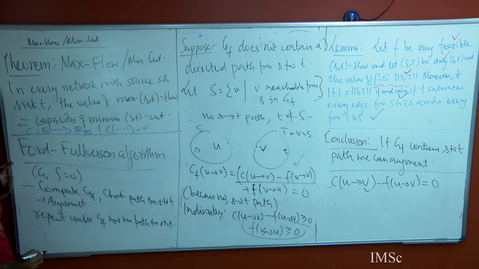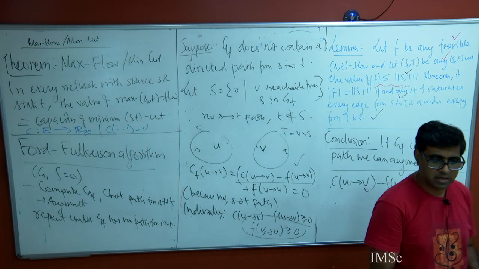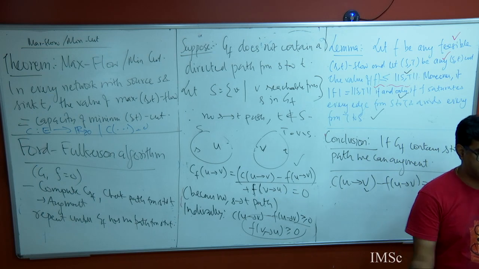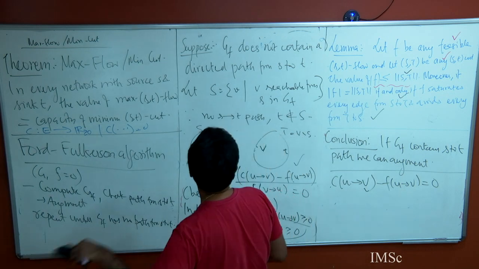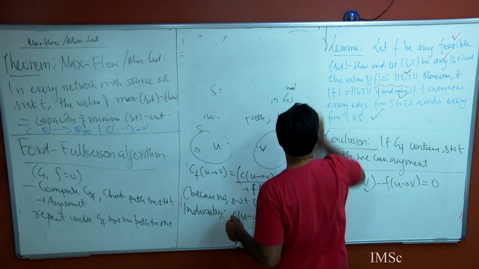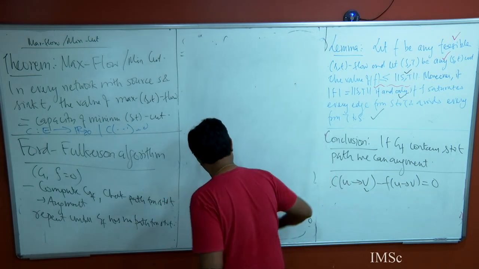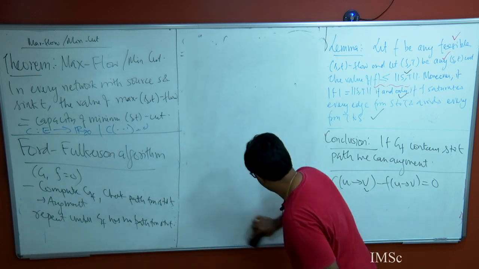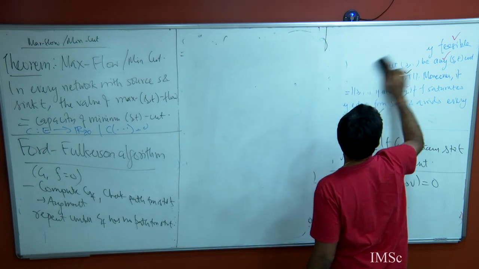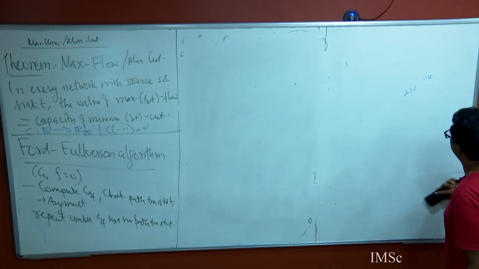So this is an algorithm. I start with a zero flow, that's a feasible flow, right? And I look at my residual network, I find a path, increase my flow. Now notice that